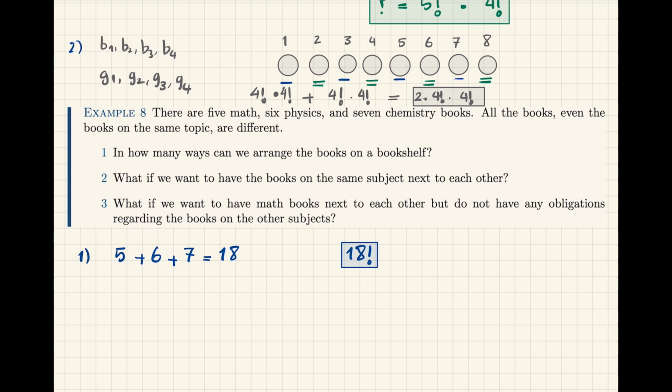But now, these are important ones. What if we want to have the books on the same subject next to each other? Okay, so how should we solve this problem? Number 2. I have 5 math books, so let me call them M1, M2, up to M5. These are mathematics books. And then I have physics 1, physics 2, up to physics 6, and chemistry 1, chemistry 2,